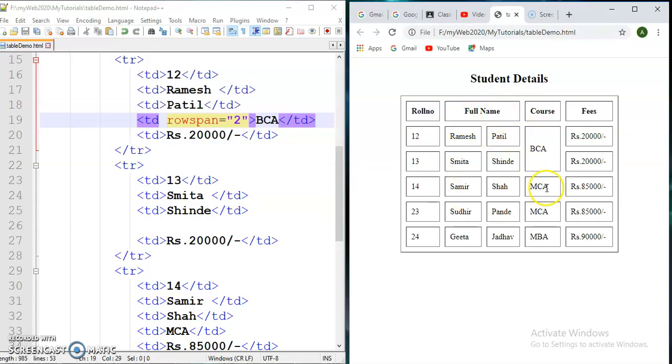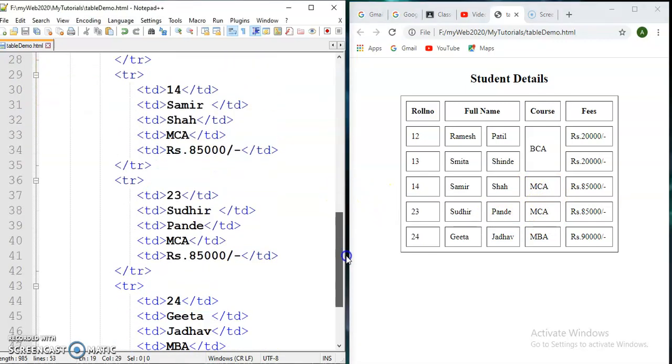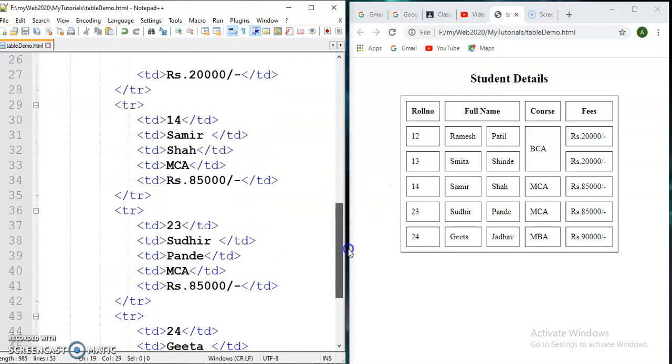Again we do row merge for this MCA. I want one MCA only and I don't want this MCA, so one I will delete. First MCA I want, but this TD I don't want because I merged this TD.